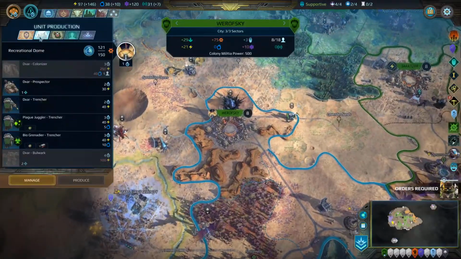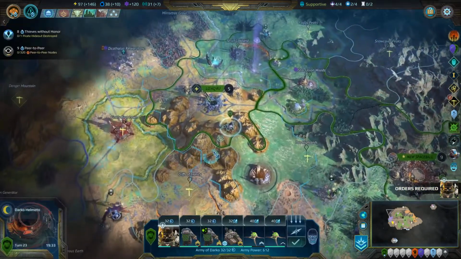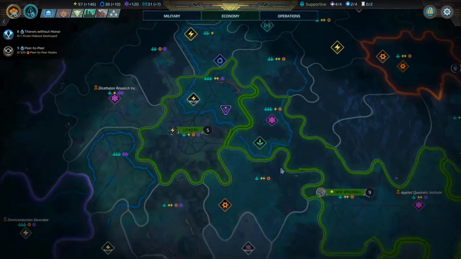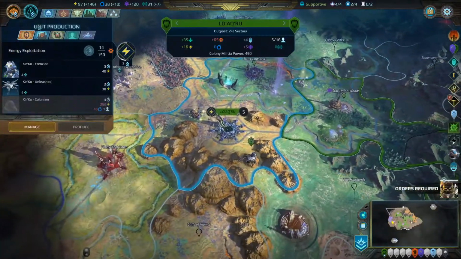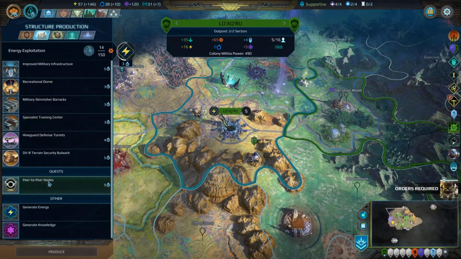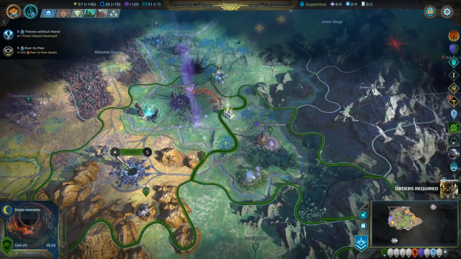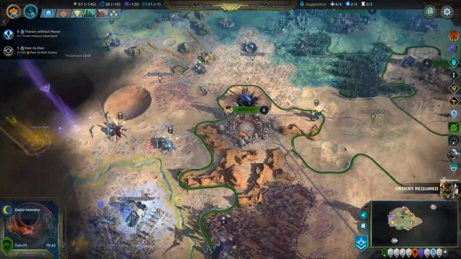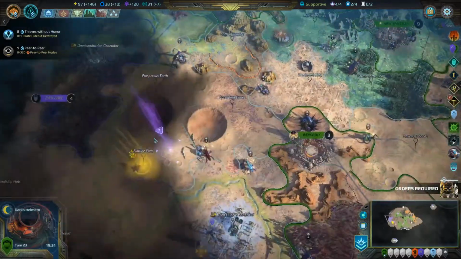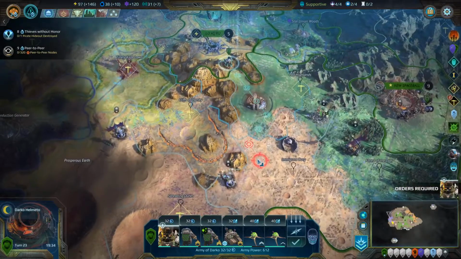Speaking of money, do another colony sector. No, sorry, no, energy sector. They're all colony sectors, but apparently I can't figure out the difference. We're going to also build the quest item there, and we have that. I'm actually confident enough. I feel like I can just send this army over here. That's pretty ballsy, but